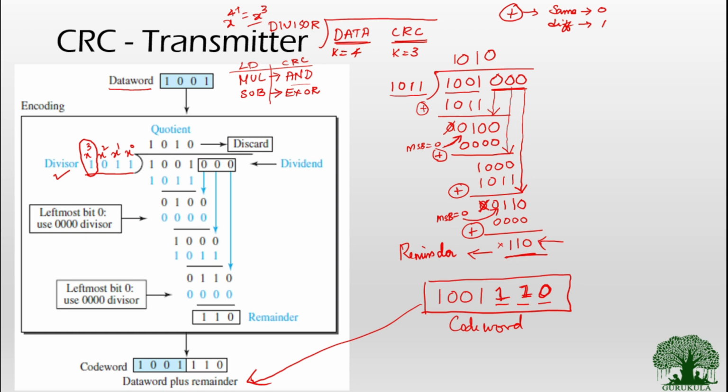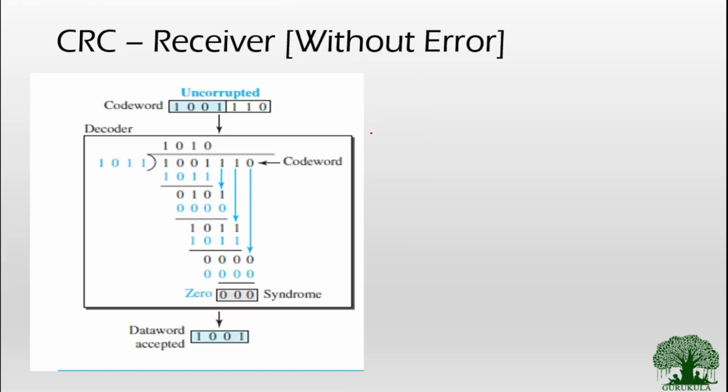So now we will march forward, and then we will see what happens at the receiver side. Now we will see how CRC is performed at the receiver side. Here I am taking the case that there is no error received at the receiver side. I have not introduced any error over here, and then I am going to perform the CRC for the received bits. So this is the uncorrupted code word that we have received at the receiver side,